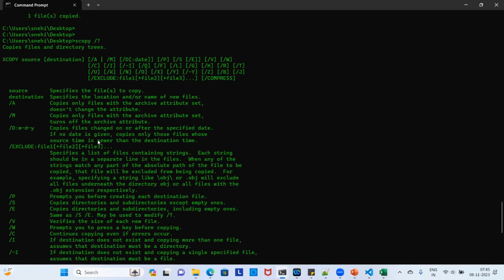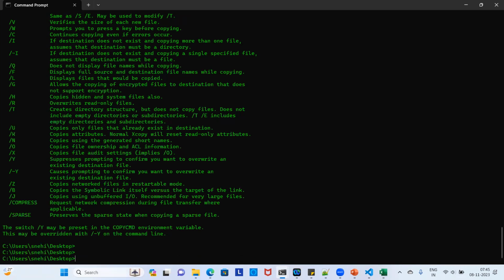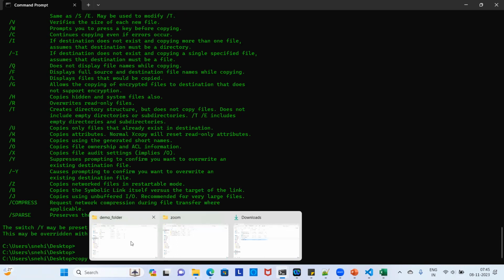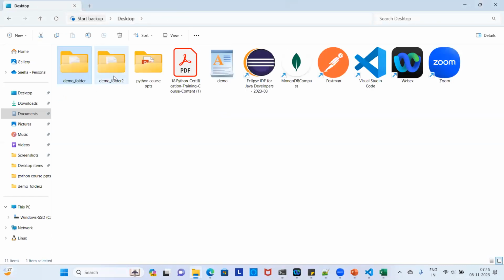So what is the difference between copy and xcopy? I want to see. Because if I want to copy only files, I can understand. If I want to copy this entire thing,